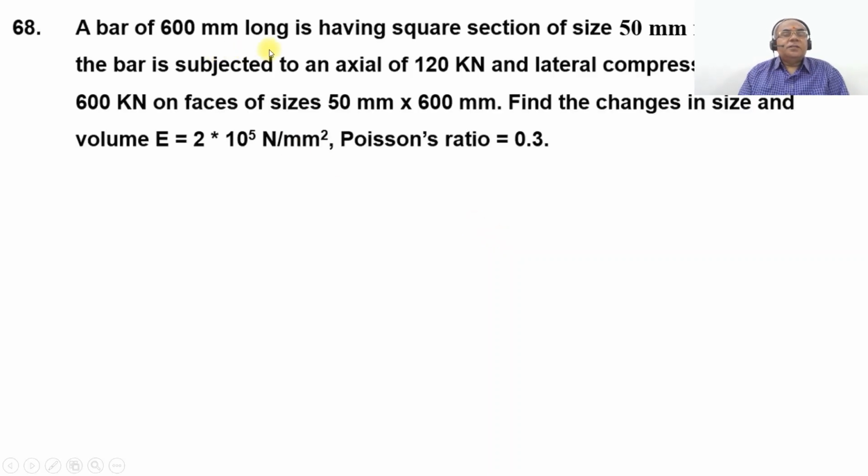Now, in this video, we are going to take up one more problem on the steel bar. Here, a bar of 600 mm long has a square section of size 50 mm by 50 mm. If the bar is subjected to an axial load of 120 kN and a lateral compression load of 600 kN on faces of sizes 50 mm by 600 mm, find the changes in size and volume. Take E equals 2 into 10 to the power of 5 Newton per mm square and the Poisson's ratio as